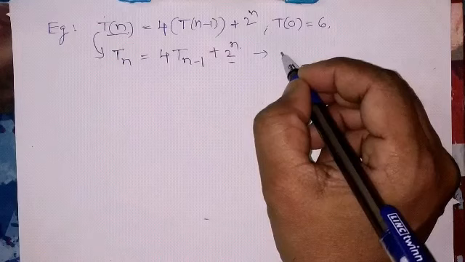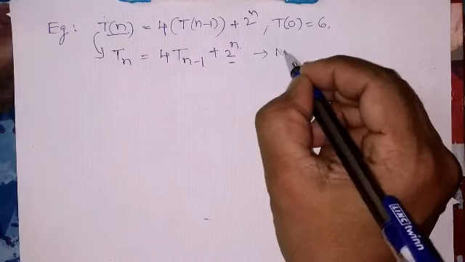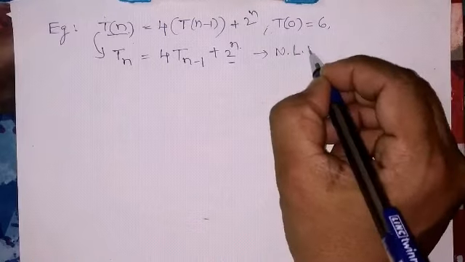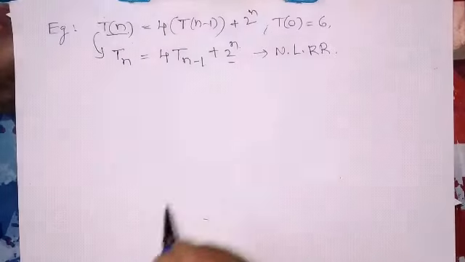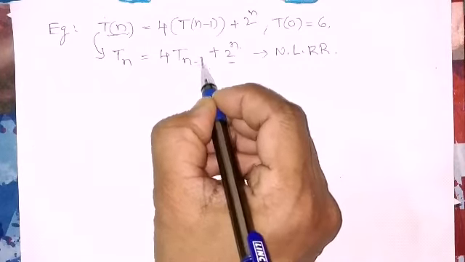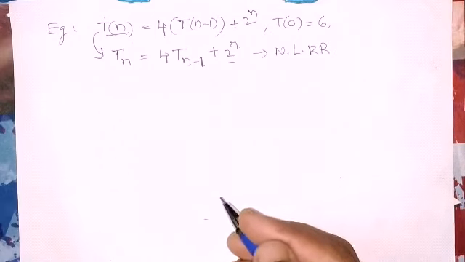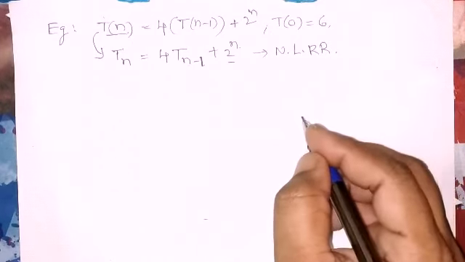This is clearly a non-homogeneous linear recurrence relation. Non-homogeneous linear recurrence relation with degree 1. From n minus 1, the degree is 1. Now, by the method of multipliers,